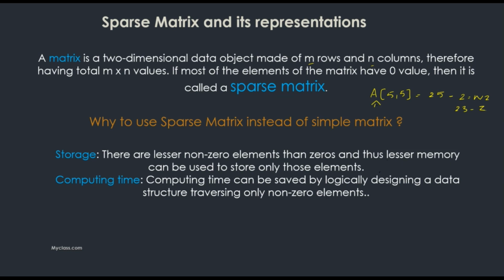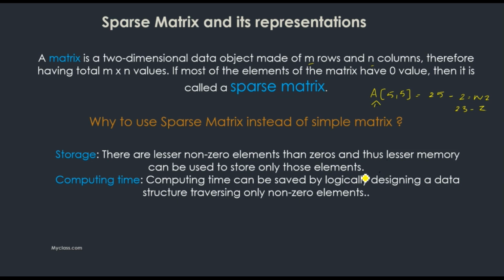So how are we representing a sparse matrix? We can store only the non-zero value and the row and column value of that particular element. Hence, we have two advantages for sparse matrix representation. First is storage. There are fewer non-zero elements than zeros, and thus less memory is used to store only